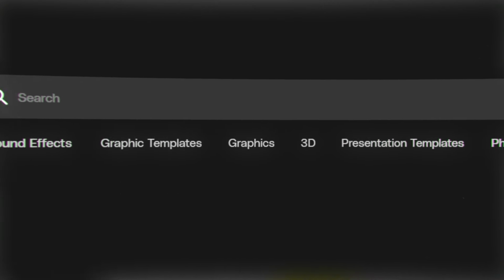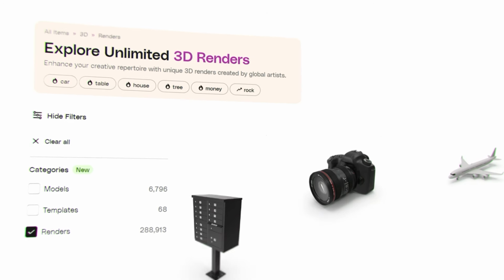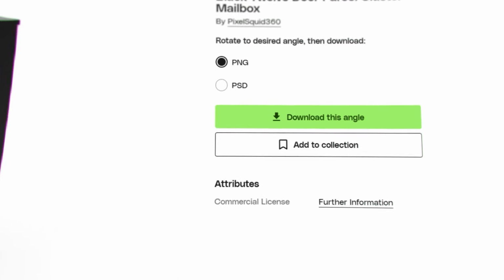They have a whole 3D section where you can basically load up a picture of whatever you need. Let's say you needed a mailbox, you can turn it to whatever direction you want and download a PNG image of that. So it's great. That's probably what I would do nowadays. But back then I did not have